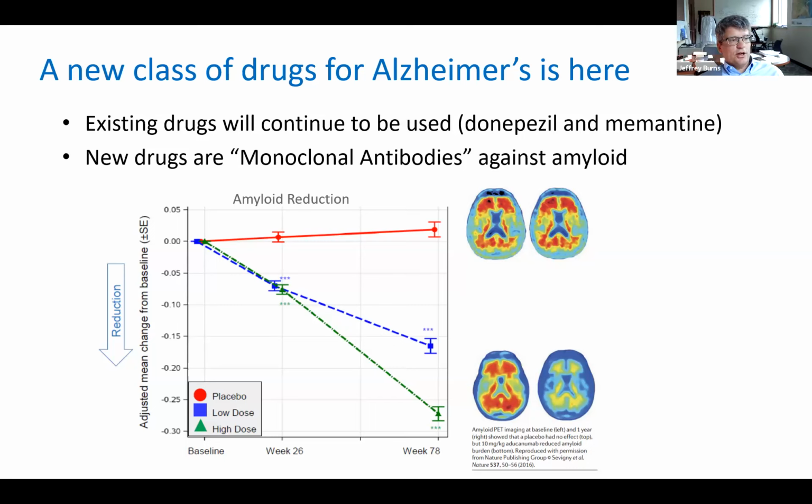There's actually 3 drugs that are in either accelerated approval or late stage approval. I'll talk about the one that we'll receive. We're all expecting full approval within the next few weeks, but this is a figure here on the left. The lines going down show the reduction in amyloid with treatment, and the placebo group is the red line at the top. And the pictures are taken from another article, but using the same drug, the aducanumab drug,